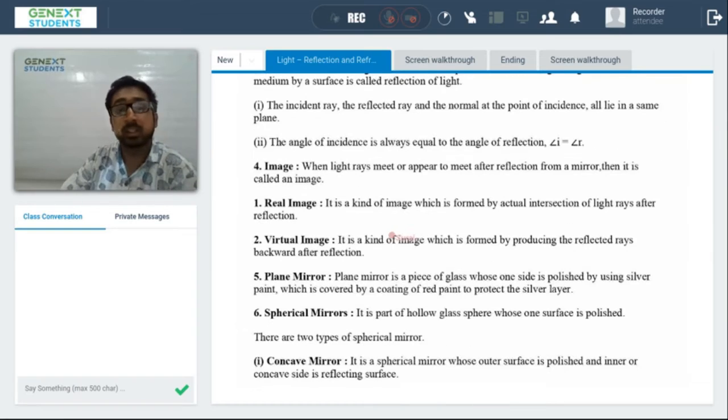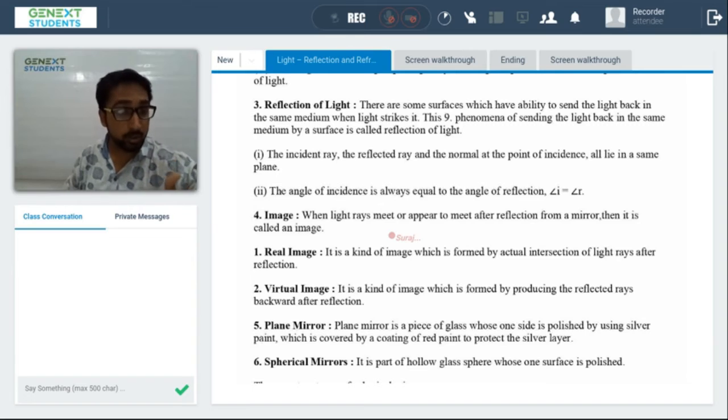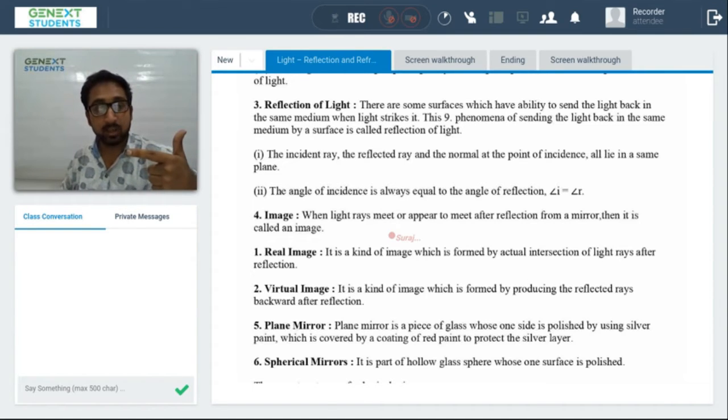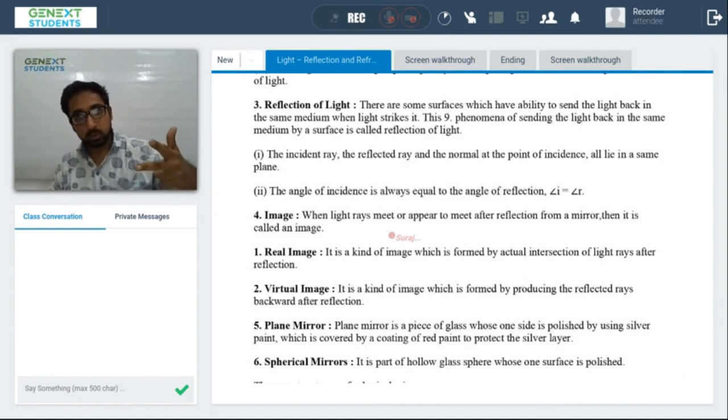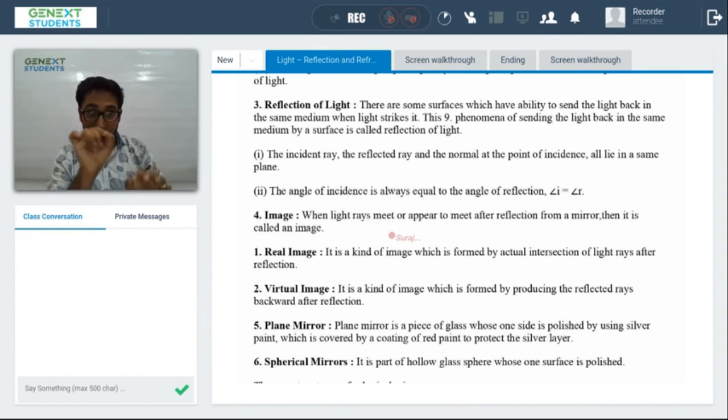What is an image? But first, we have two more things in reflection: the incident ray, the reflected ray, and the normal at the point of incidence. These relate to the two laws of reflection. What is the first law? The incident ray, the reflected ray, and the normal at the point of incidence,